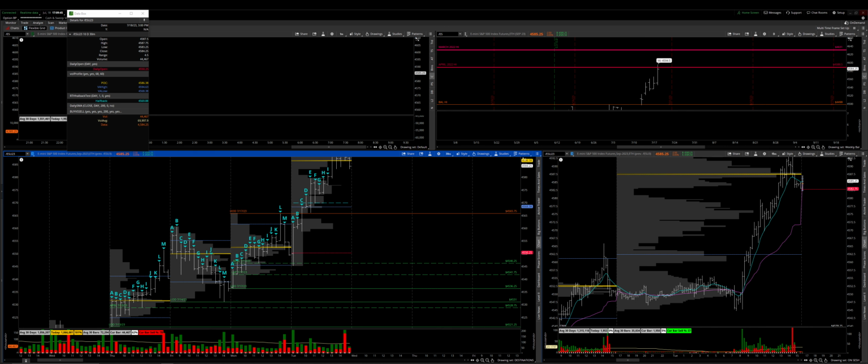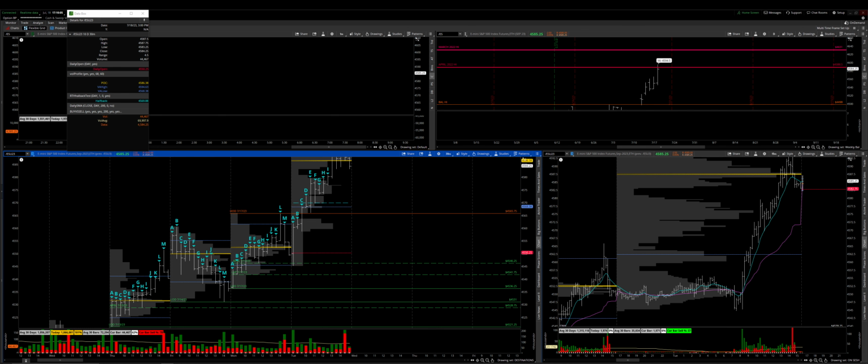We're going to be breaking down today basically how I use single prints. What are single prints? We're going to be going over that. I'm going to show you what they look like on a 30-minute chart, or at least where you can see them on a 30-minute bar chart. And then another thing I want to share with you guys that I think is very useful and beneficial is